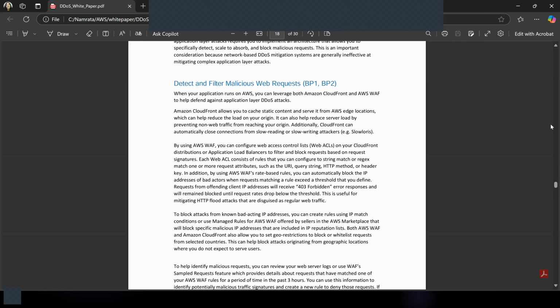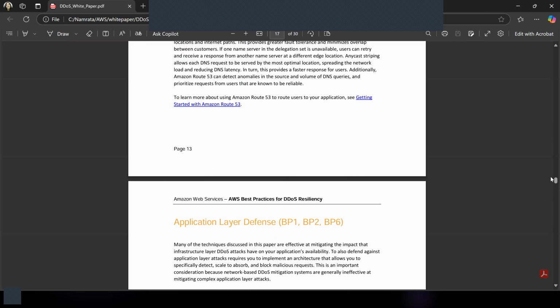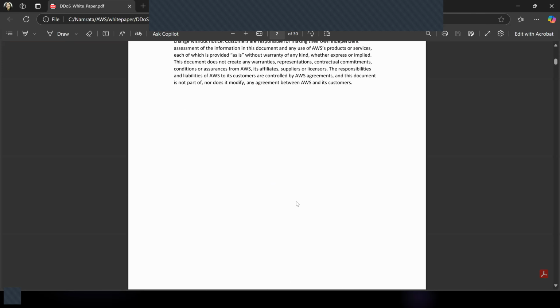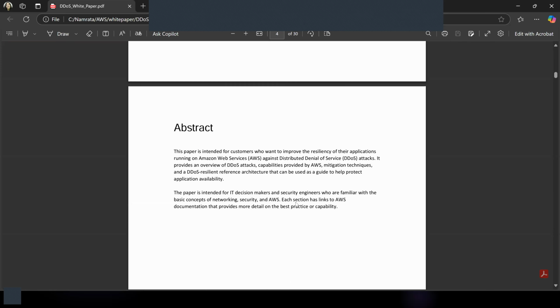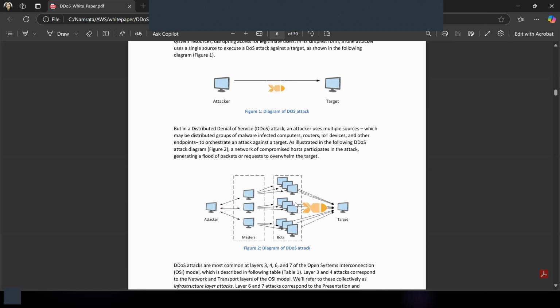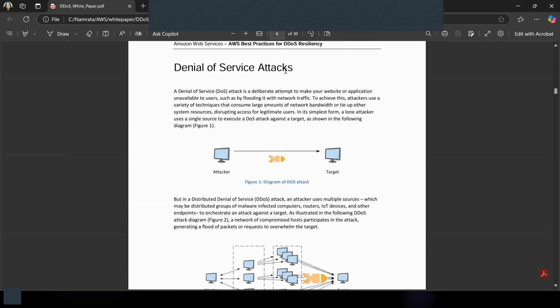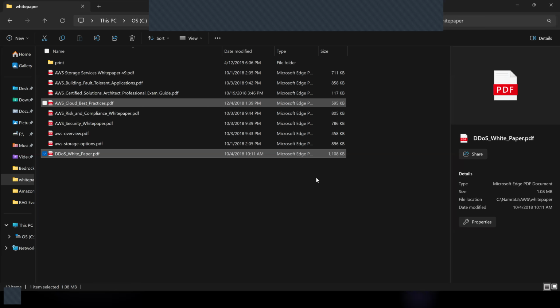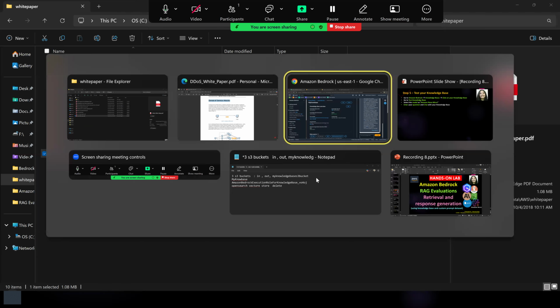We can probably ask maybe what is DDoS? Depending upon your choice of documents, you can ask any question that you like. So we will copy this, go back to your knowledge base,